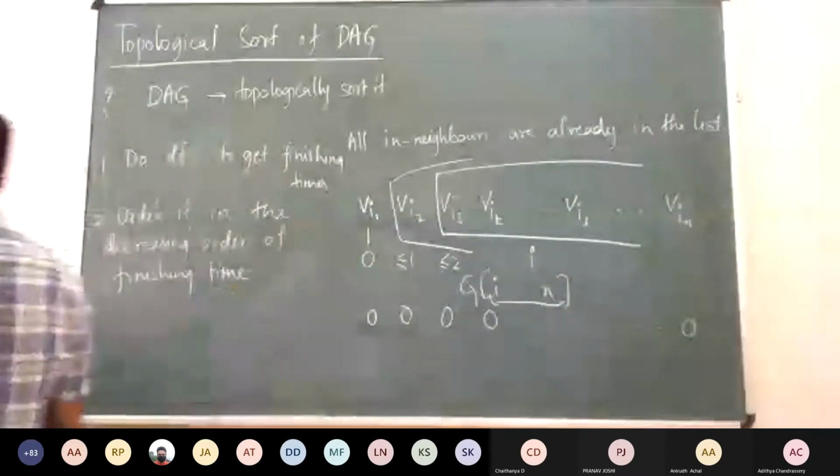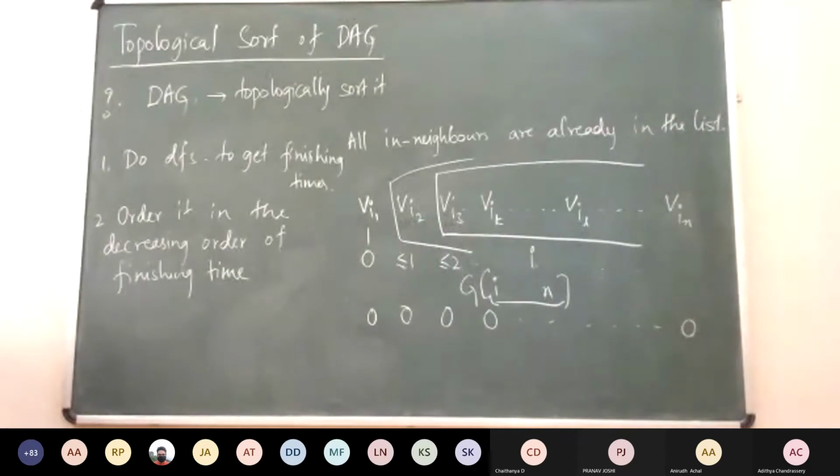Now why should this work? It looks like magic, right? Simply you are saying that you do this and it will always work. Why? For every vertex we want to add it to the list before all of its children are added to the list. So we are actually doing the entire thing in reverse. We add a particular vertex after all of its children have been added to the list, and that's why we get the order in reverse.